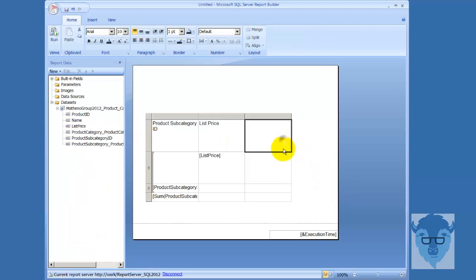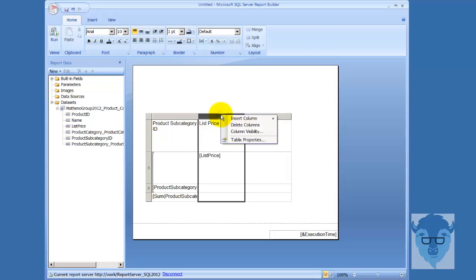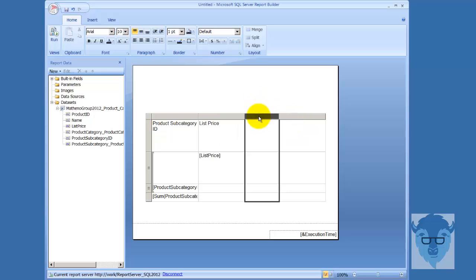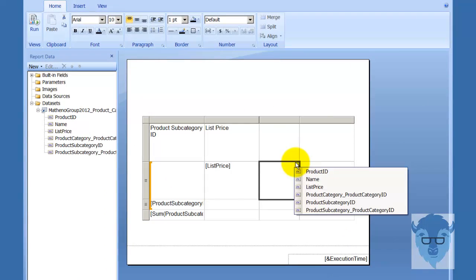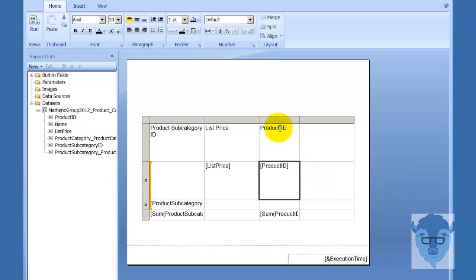Now we're back over in here. Let's come up and right click in here. Now you see I'm inserting a column, so let's insert a column to the right. And we could come in here, and I could again select something that I wanted and do an insert. Okay, so I'm going to come down in here, and you see once again I have this population field, and I can select down here, and over in here we're just grabbing stuff to show it to you. I'll go product ID, header's automatically populated, sum is populated down in here, and again if we run it,